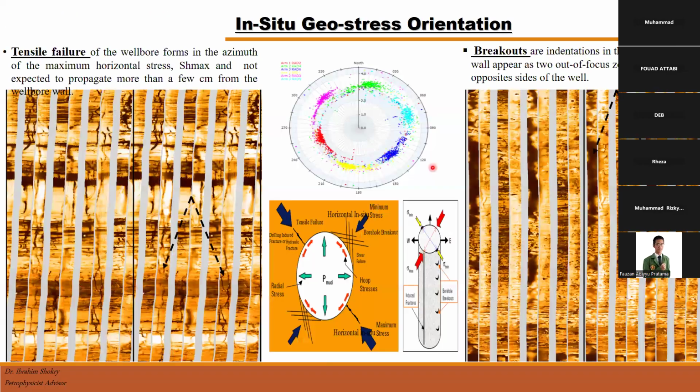By detecting the tensile failure, or by detecting the induced fractures and the breakout, we can detect the sigma minimum and the sigma maximum. So the breakout reflects the minimum horizontal stress, and predicting the tensile or induced fracture relies on the maximum horizontal stress,